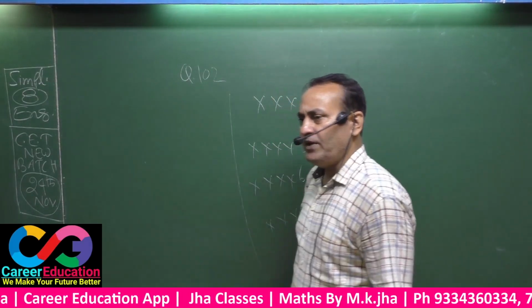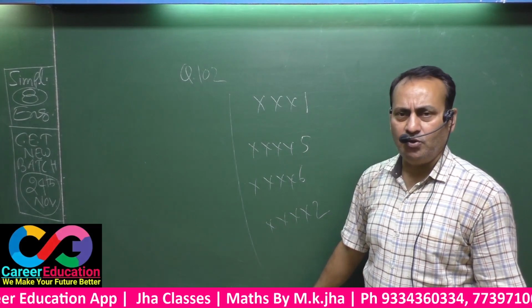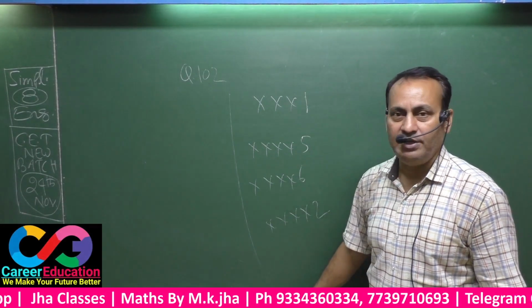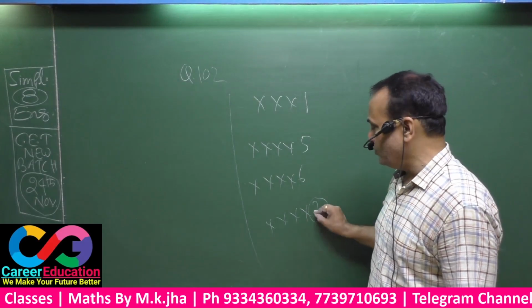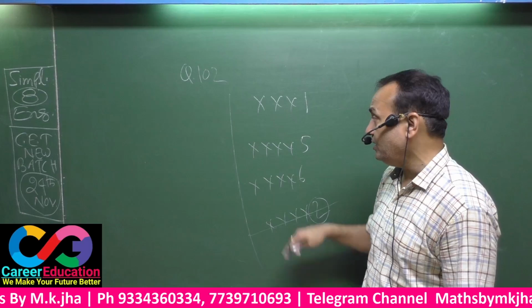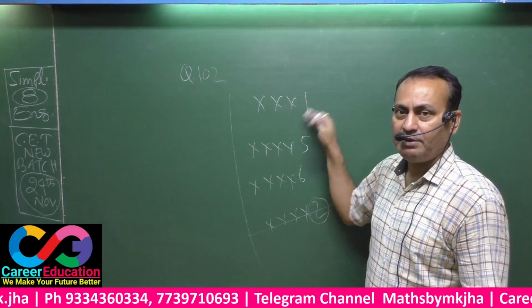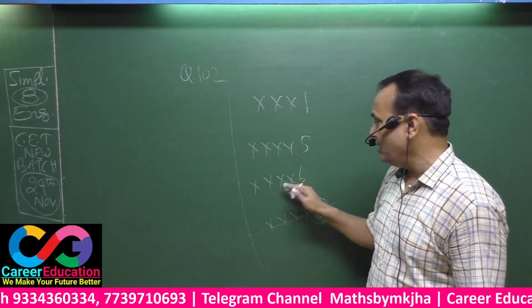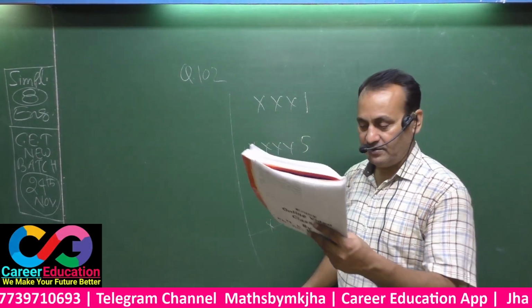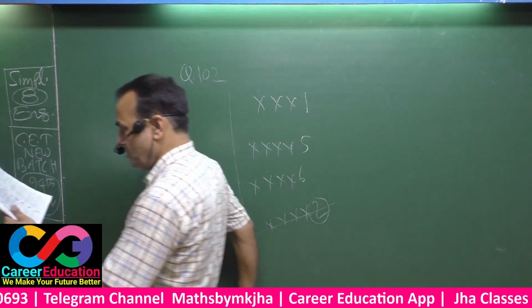If at the unit place you see either 2, 3, 7 or 8, the number can't be a perfect square number. You see here 2 at the unit place. That means this can't be a perfect square number, but this may be a perfect square number. This may be a perfect square number. This may be a perfect square number. Then your answer is option D. Note down. Your option is D.